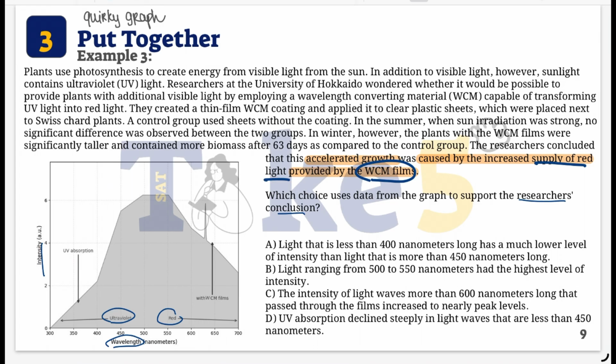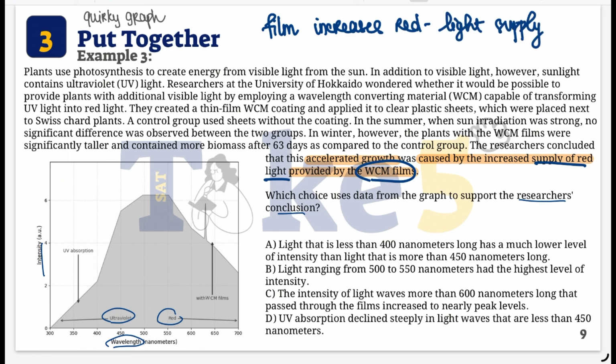So, we are looking for an answer that supports the idea that the films increase the red light supply. Notice that only answer C mentions the films, so let's examine it first. Indeed, the graph does confirm that with wavelength more than 600 nanometers, there's a spike in light intensity because of the film. So it is a correct answer because it supports the researcher's conclusion while effectively using the accurate information